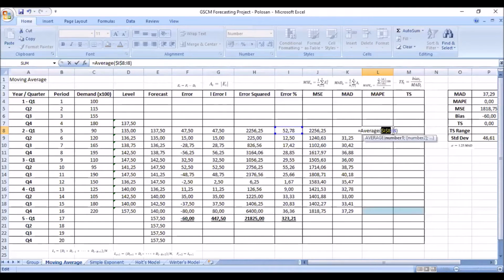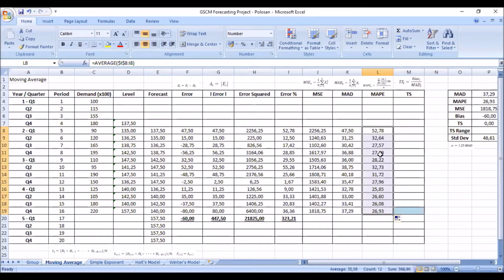And yeah, if you want to use the Excel way, don't forget to lock the first period and then just leave the next cell or the period not locked because we want to do it the accumulative way. Remember, always stabilize using F4 on the first cell you click, and then after that, just let it be because we want it to be accumulative by doing so. And then we found the first MAPE, which is still the same because it's still the first period. And we just need to take it down again until the end,